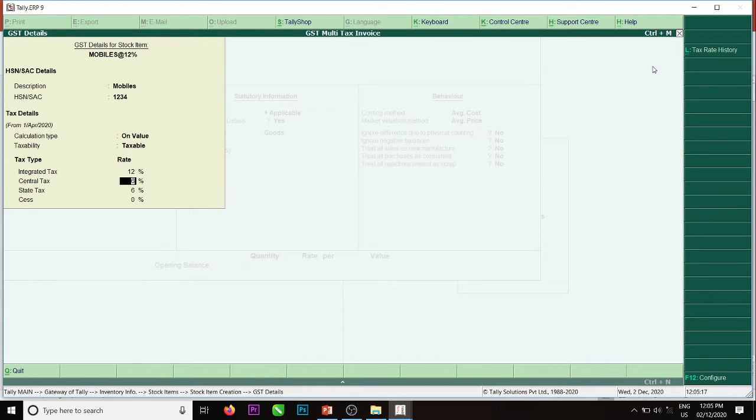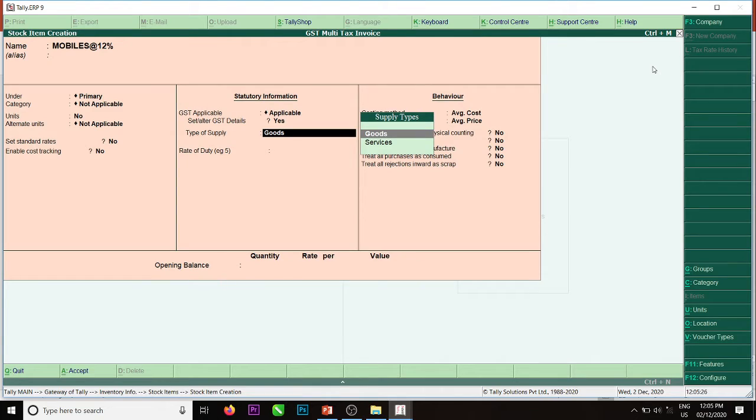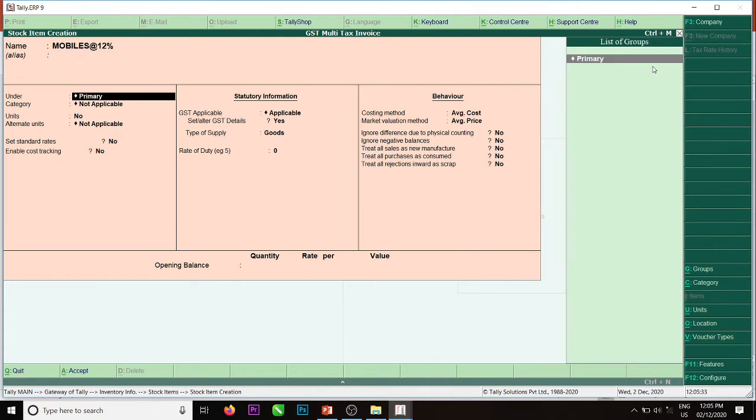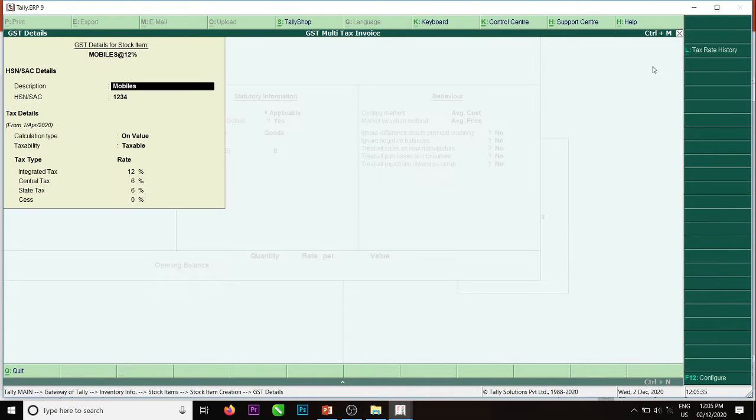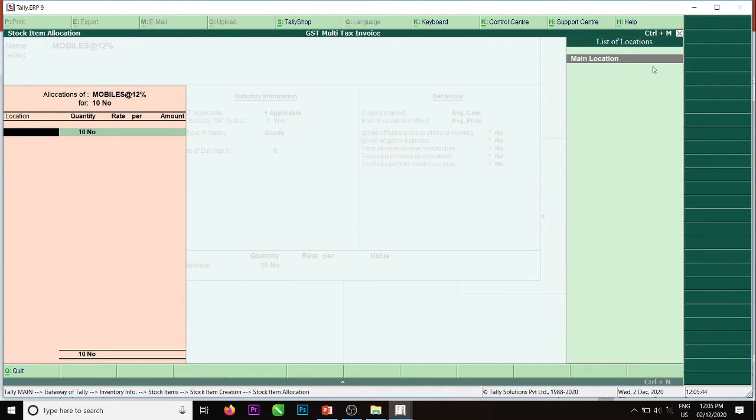Please observe, central tax is 6%, state tax is 6%. Automatically it is divided into two parts. Applicability goods. Just a minute. We'll have one opening quantity also. Main location, quantity 10, mobile 10,000.